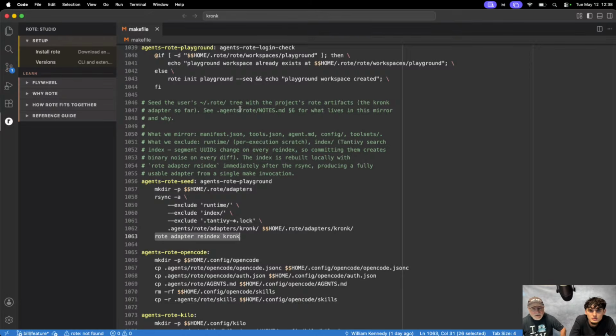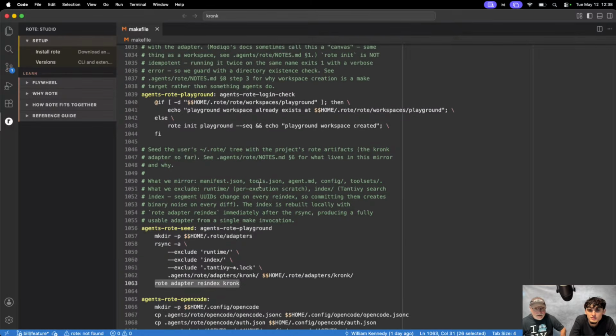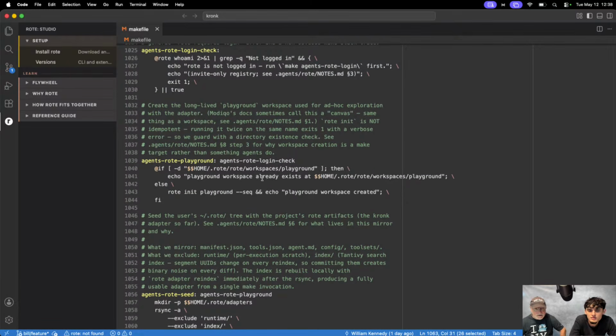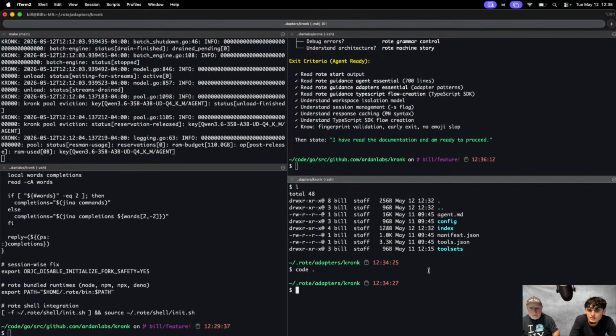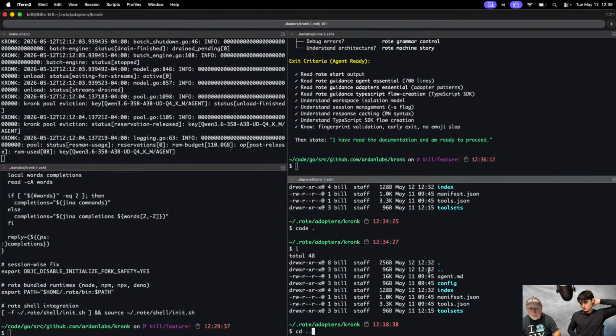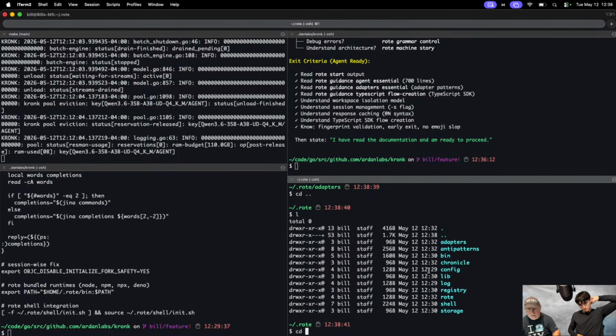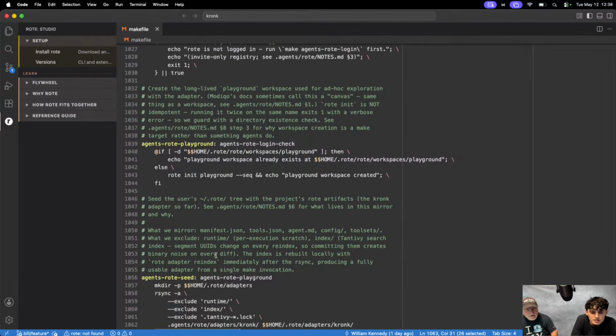But what's interesting to me is that I'm writing myself. Now, I guess it did the playground first, right? So that's one folder we haven't seen yet, the playground. That's going to be under, where is that? Workspaces. Now, I don't see a workspaces yet, do you? I don't see that either. Did we run that command yet? It had to, because if I ran seed, it had to run playground.